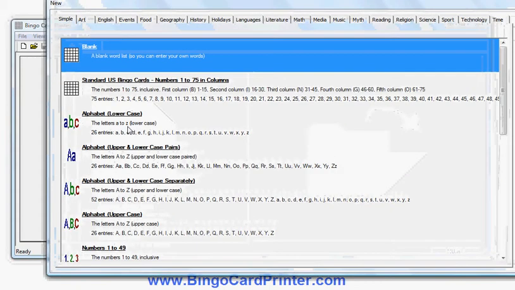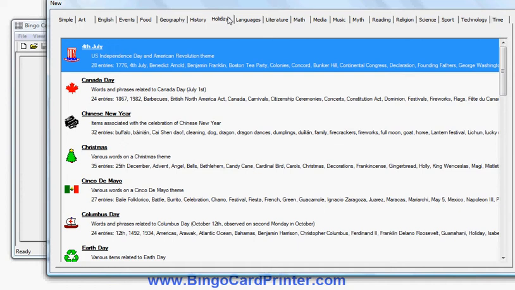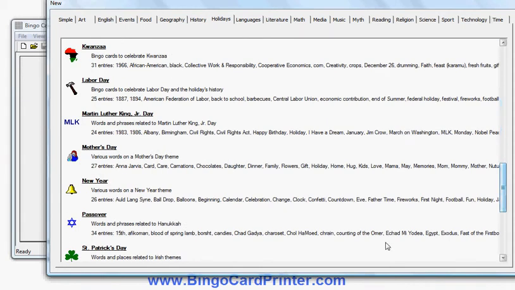I can use a blank one where I enter my own words. I can have standard US bingo cards with numbers and columns. I can use cards with alphabet or numbers. I can also have bingo cards themed around various topics, for example, school subjects like geography, maths, or history, events like baby showers, bridal showers, or birthdays, or if I go into holidays, I'll find various secular and religious holidays. So if I scroll down, there is in fact already a template set up for Passover, which I simply highlight